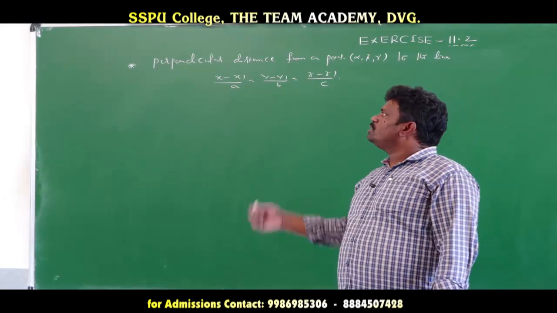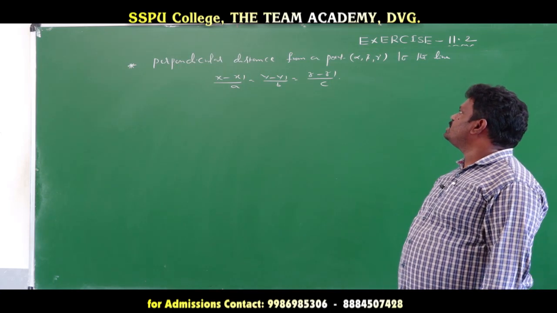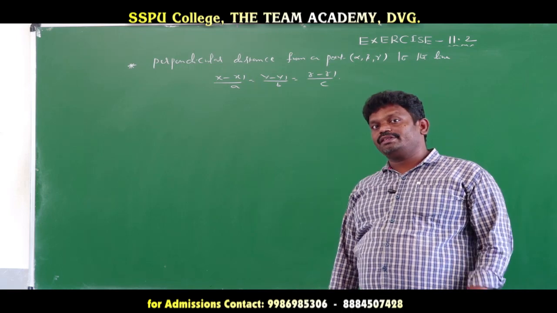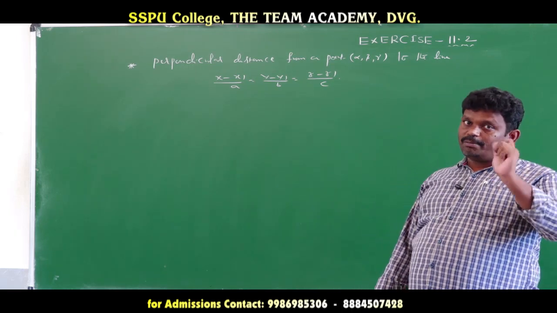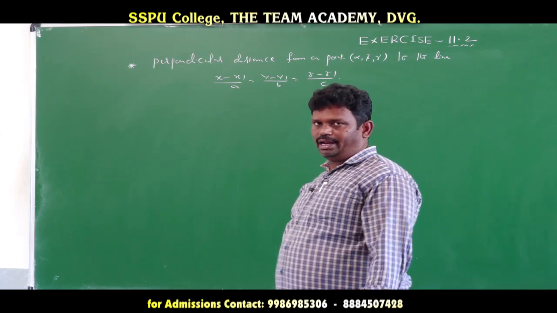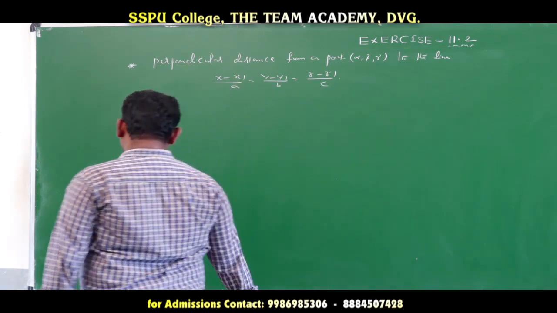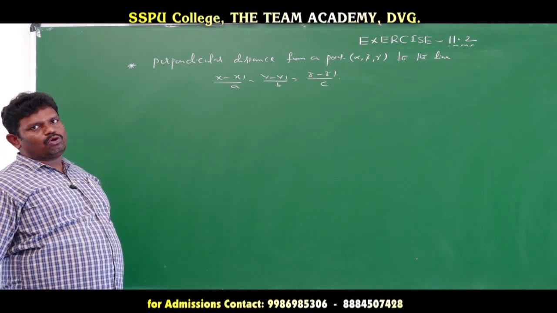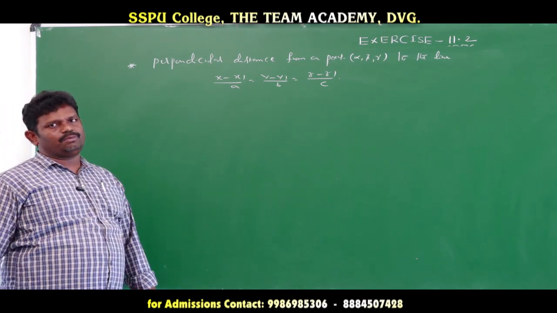So another concept now: perpendicular distance from a point, where one point and one line equation in Cartesian form are given. Then how to find the perpendicular distance, or the foot of the perpendicular on the line? This is a competitive-side important concept. It is not in the NCERT textbook or board questions. This is an important CET concept.